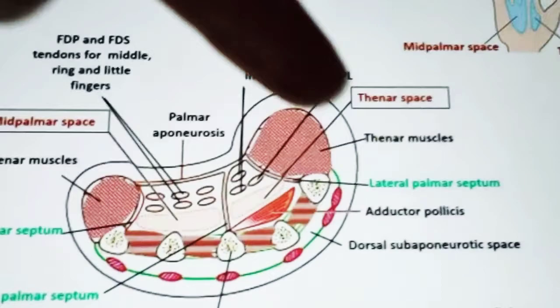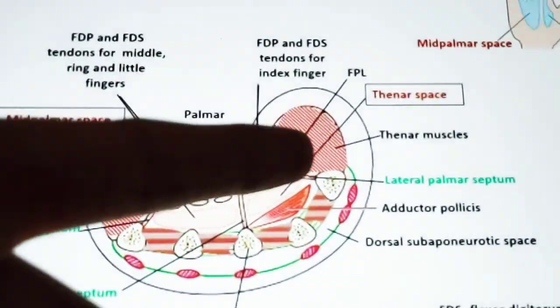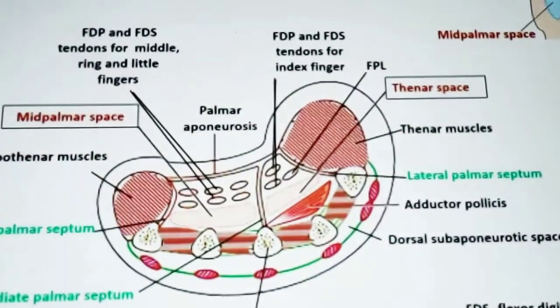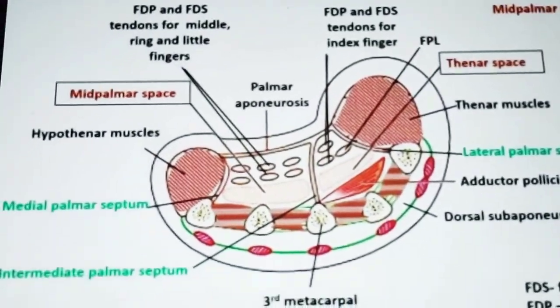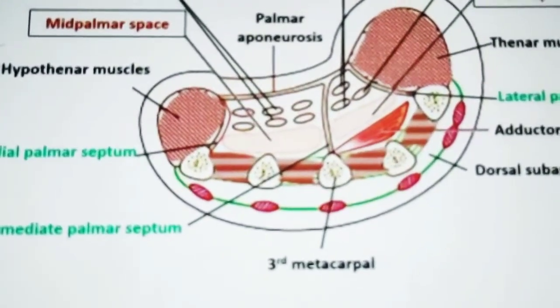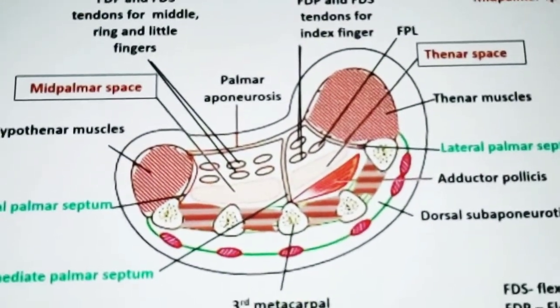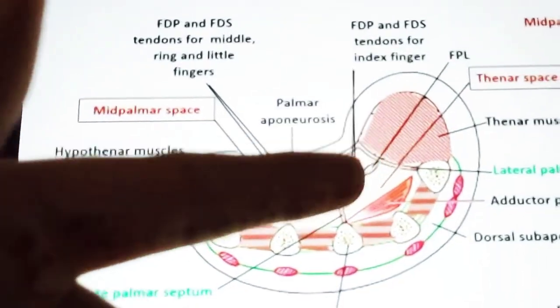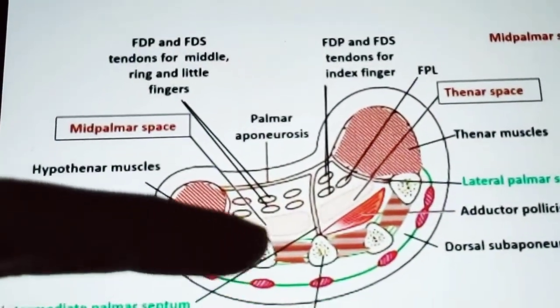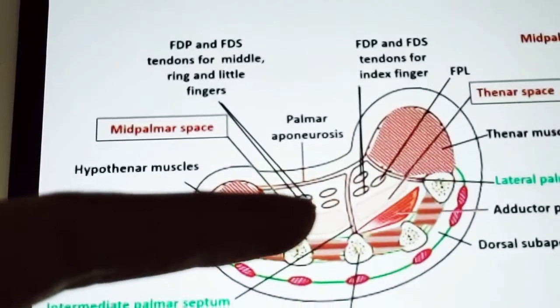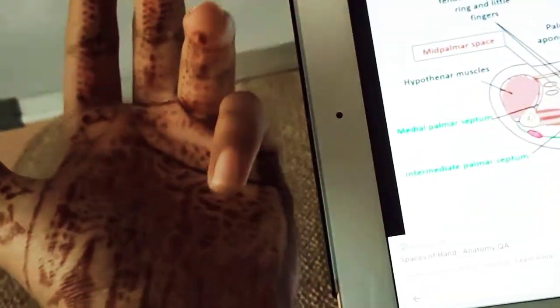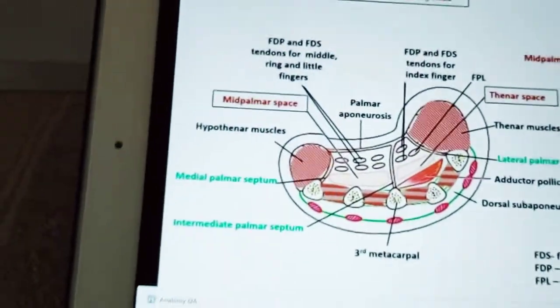So next we will talk about the thenar space. Of course the thenar space is near the thenar muscle. So the thenar space is also triangular, and it's mainly under the outer half of the hollow of the palm. Now its extent, from where it is coming: you can see my hand, it's better to see this hand.